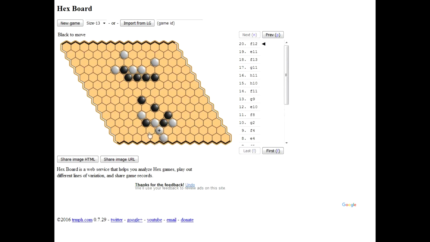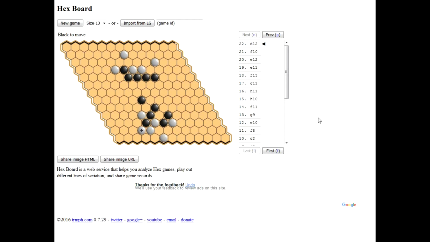If white connects over here, then black can connect here, and we can see here we have a template ziggurat. So it seems that black is okay, but it's actually not, because white can play here, and this move does two things. First of all, it breaks this ladder for black, and it also breaks this template ziggurat for black over here. So let's say black connects over here and white blocks, and as you can see, now black has